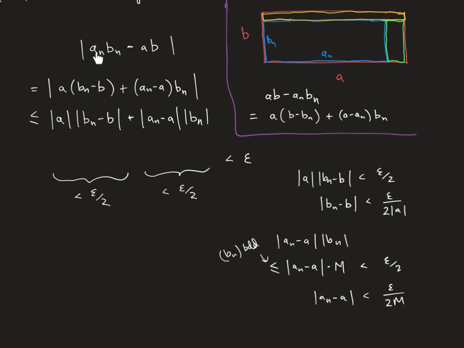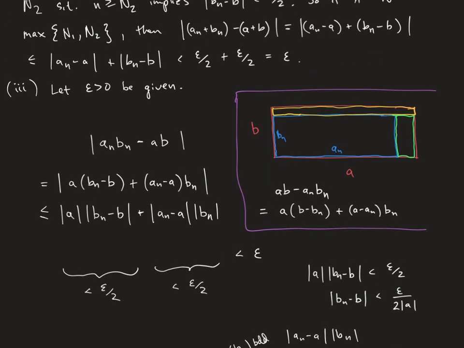So what we would do is we would write a_n b_n as (a_n - a) b_n, right? Because if a is 0, a_n - a is the same as a_n, times b_n. Then we would use the fact that we can control this, and we can control the size of the b_n's, again, because they're bounded. Okay, so the way we'll write the proof is we'll look at the case where a equals 0 first, and we'll need to use the fact that the b_n sequence is bounded. So let's go up here and see if we can do this.